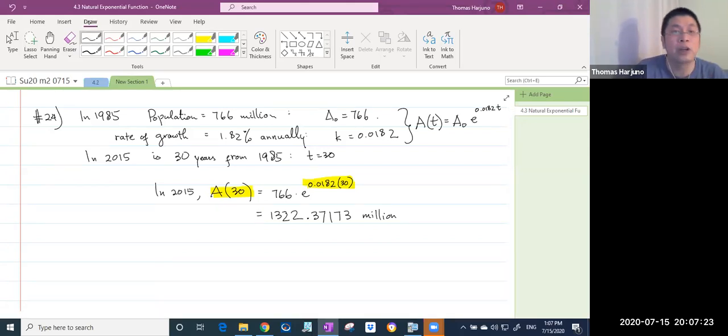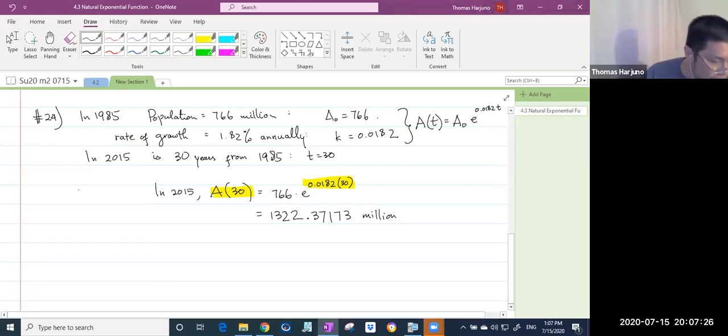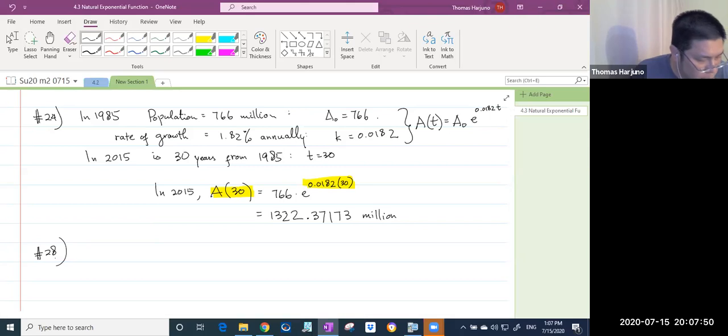That's exponential growth. How about exponential decay? Let's see, number 28. Let's see number 28. The radioactive tracer, I think that's chromium. Yeah, I think that's chromium. Chromium 51 can be used to locate the position of the placenta in a pregnant woman. Now, often the tracer must be ordered from a medical lab,